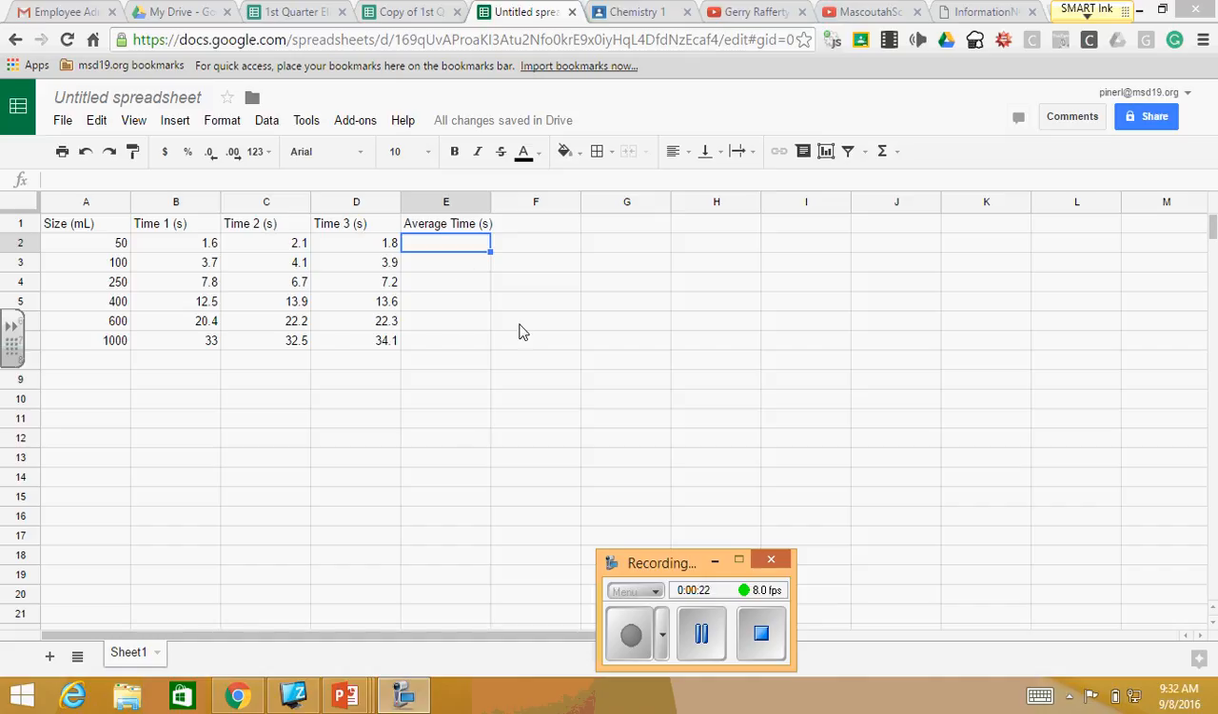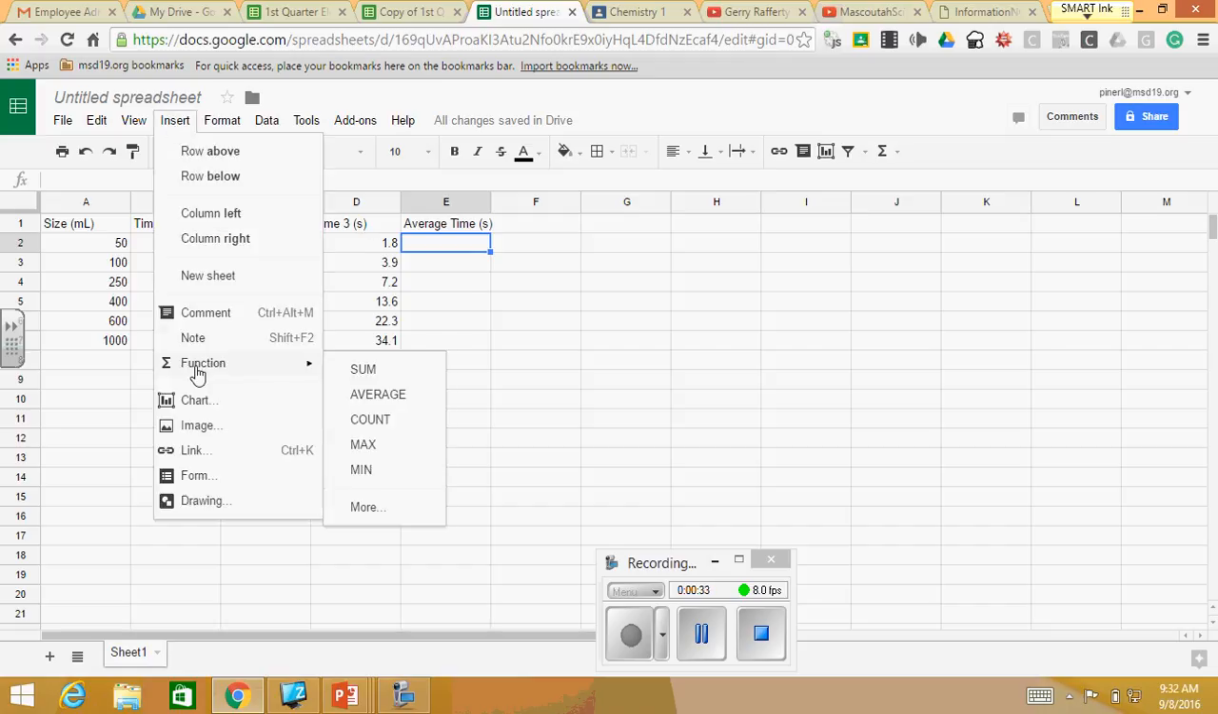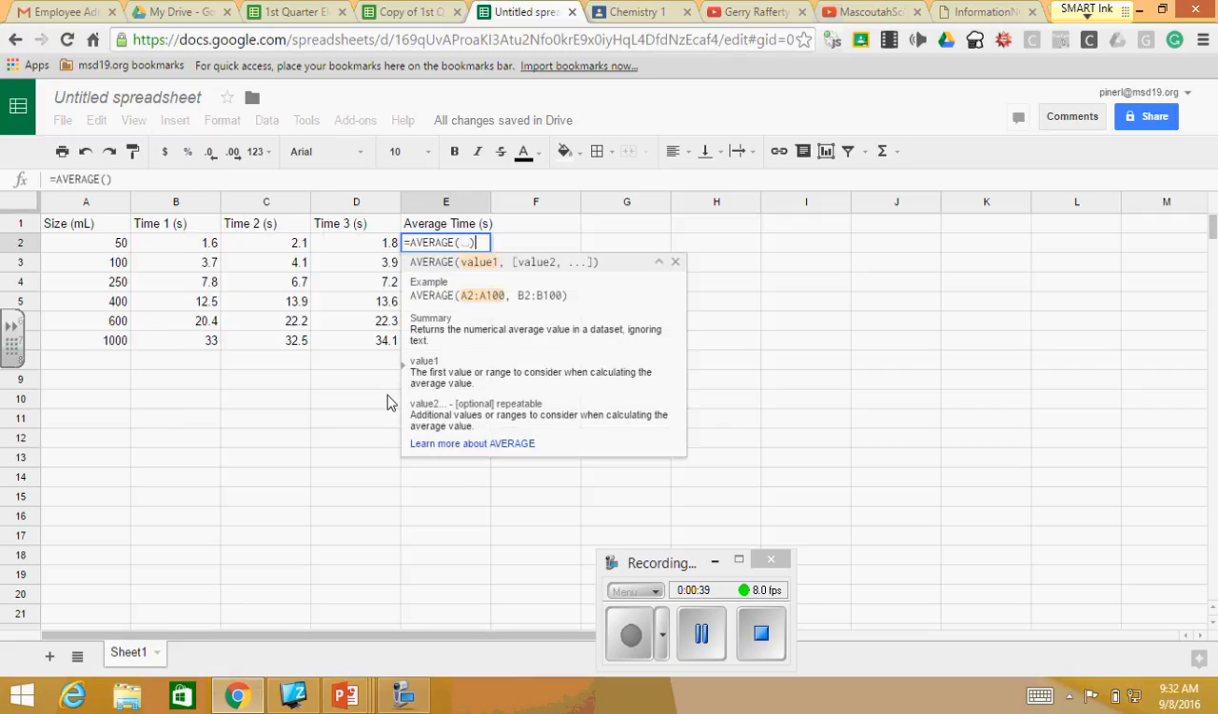First thing we're going to do is find the average of the trials. We're not going to graph the individual trials. We're going to find the average. So to do that, I'm going to click here in this spot, and then I'm going to go to Insert and Function, and if you just hover over Function, you'll see it suggests some, one of which is average. So we're just going to click Average,